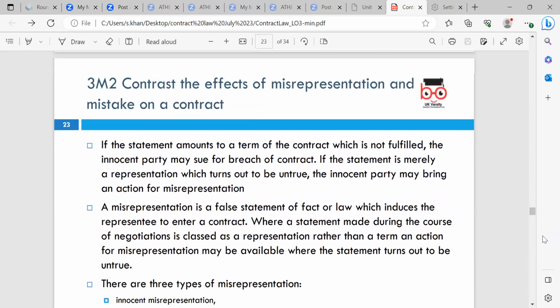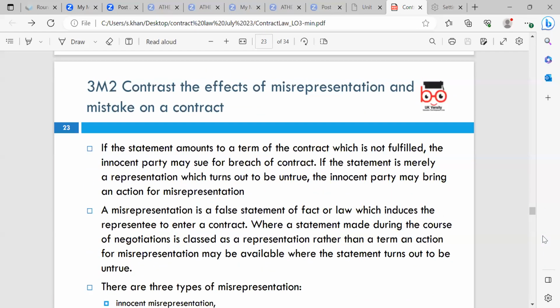Contrast the effects of misrepresentation and mistake on a contract. If the statement amounts to a term of